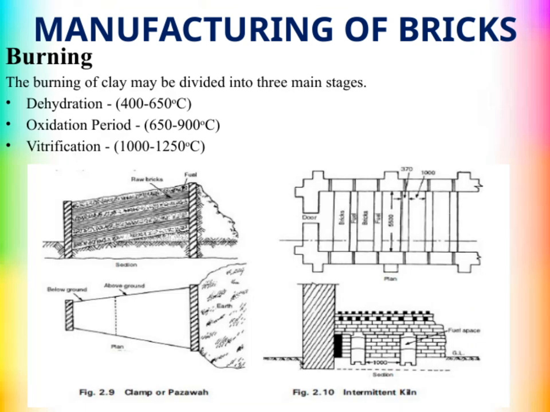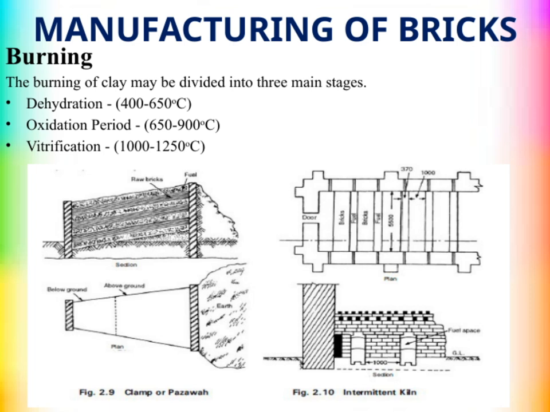Now, let's take a closer look at the burning process of clay, which is a crucial step in manufacturing bricks. This process can actually be divided into 3 main stages. The first stage is dehydration, which occurs between approximately 400 and 650 degrees Celsius. During this phase, the moisture content within the clay is driven out, leading to physical changes that prepare the material